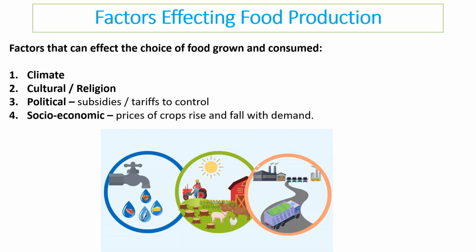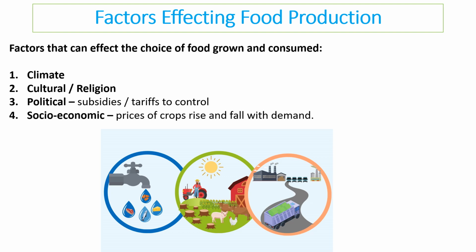So factors that can affect what food choice is grown can be climate, and we don't mean climate change necessarily by that, we mean the climate. So in the UK we can grow certain crops. In different parts of the UK we haven't been able to grow many grapes for wine until more recently because of climate change, but we have specific climates. If you go to the Mediterranean, you can grow olives due to the higher temperatures all year round. Culture and religious reasons might stop things being grown. So for example, people whose religions might not like pork, so therefore pigs may not be grown.